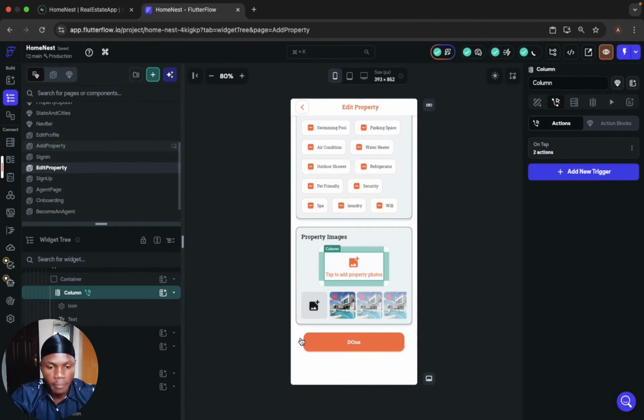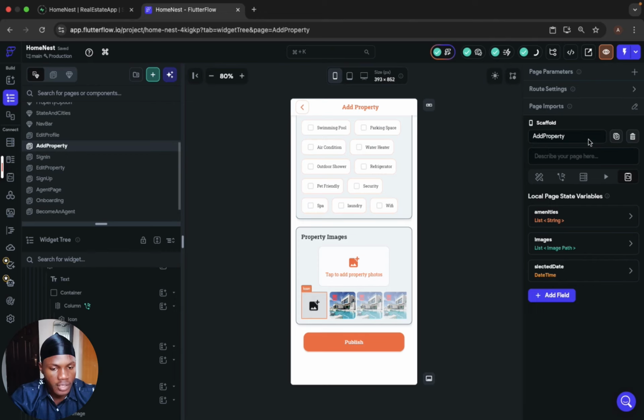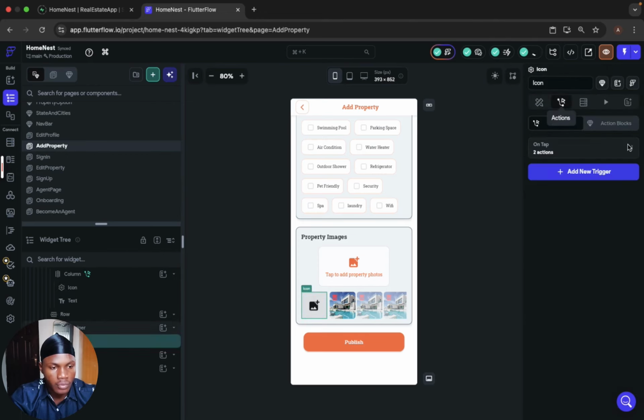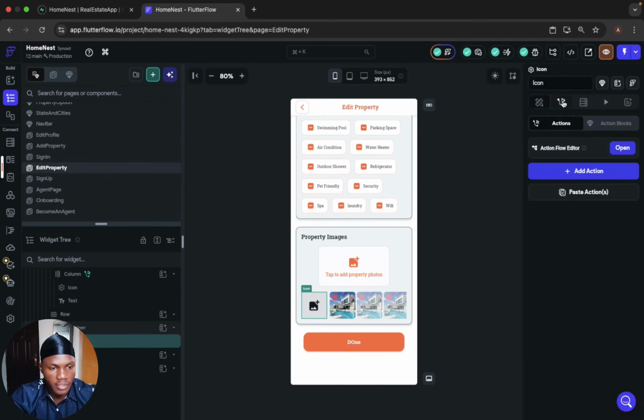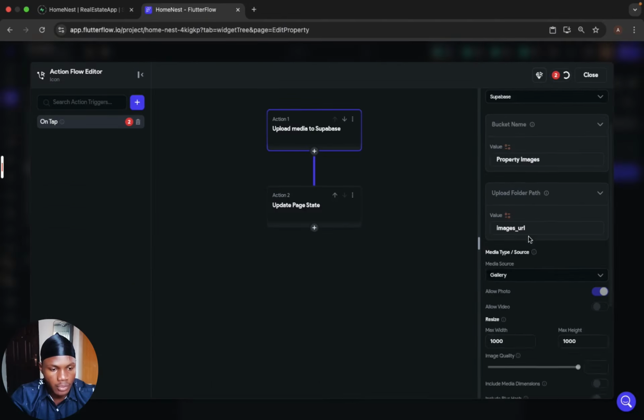So go back to my add property page. I'm going to copy this action too. I'm going to copy the action, then go to my edit property. So I'm going to paste the action here. And then I'll change the name